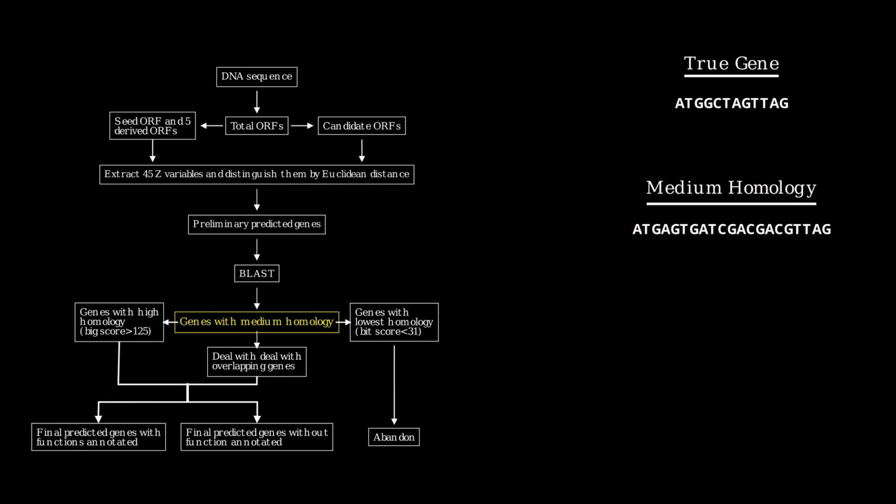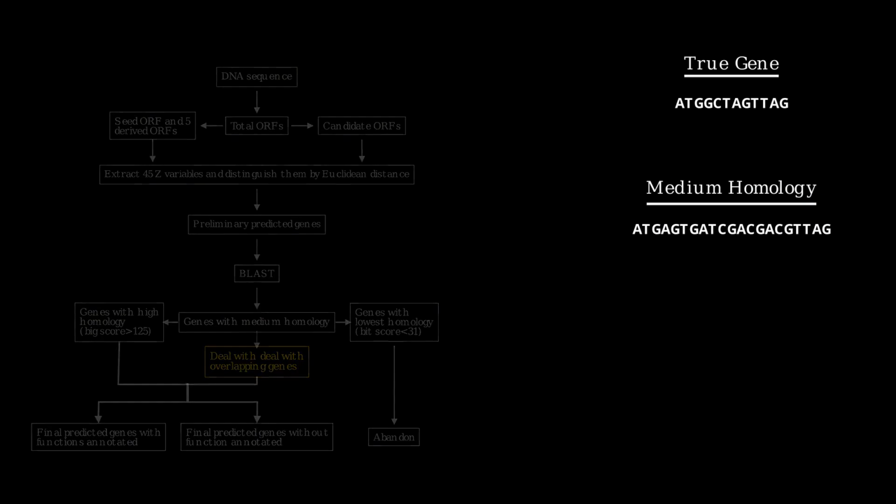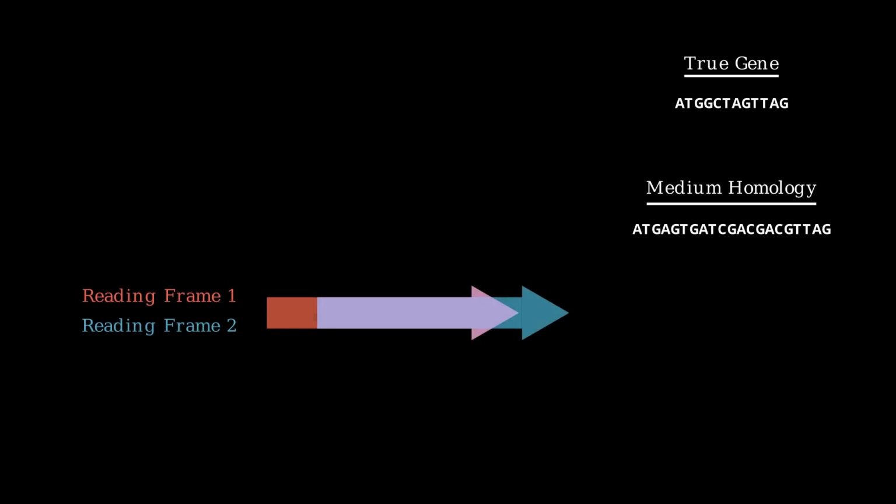ORFs with medium homology means that the ORF is similar to a gene on the RefSeq database, and that this similarity could possibly be due to overlapping ORFs, and therefore we need to account for that. As mentioned before, there are 2 possibilities when an ORF is overlapping a true gene. Either this blue ORF is a true gene that is also overlapping another true gene indicated by the red arrow due to natural selection